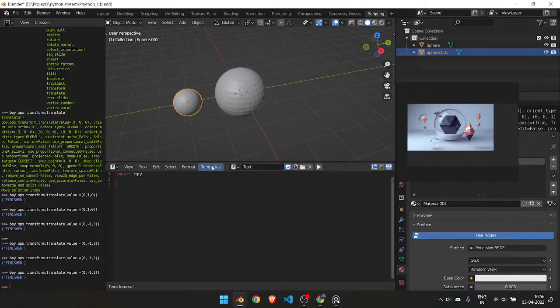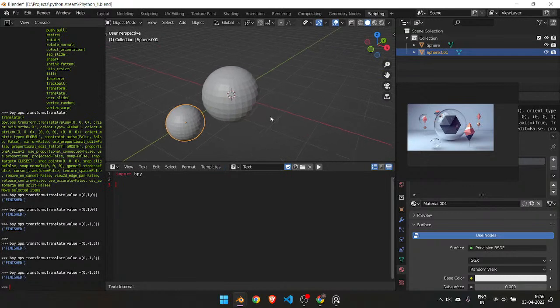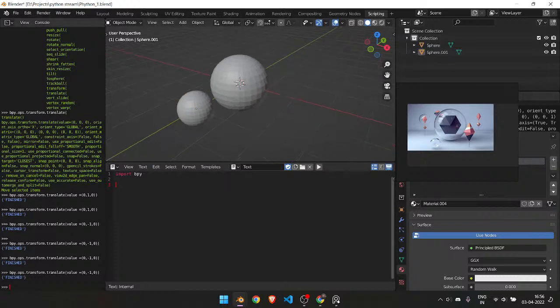Okay, so we have all these objects now. The thing which we have to do is we have to have another icosphere and then assign the same material to it. So let's add a